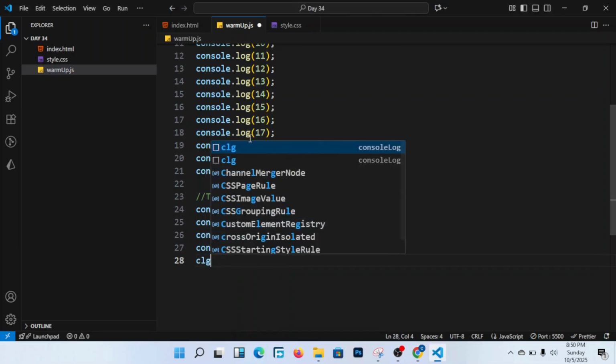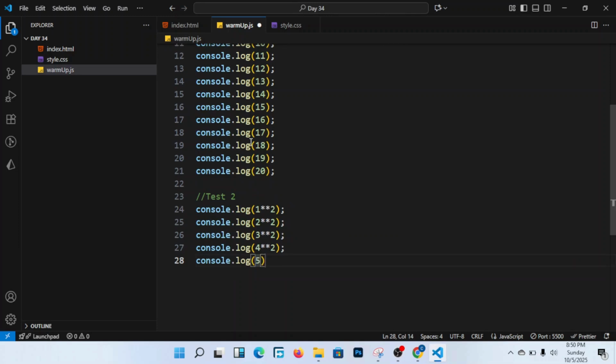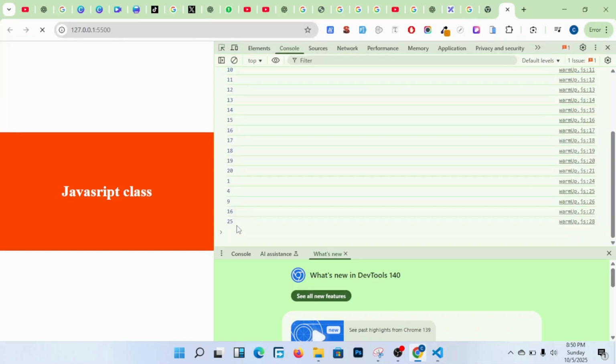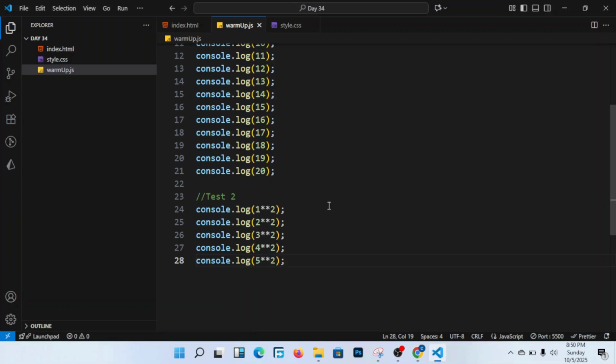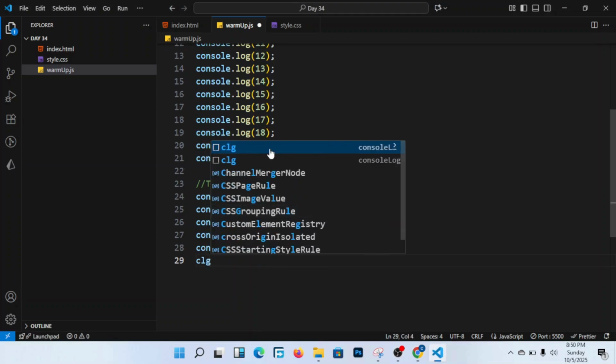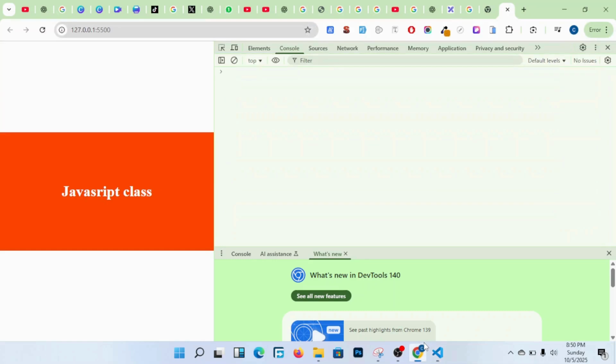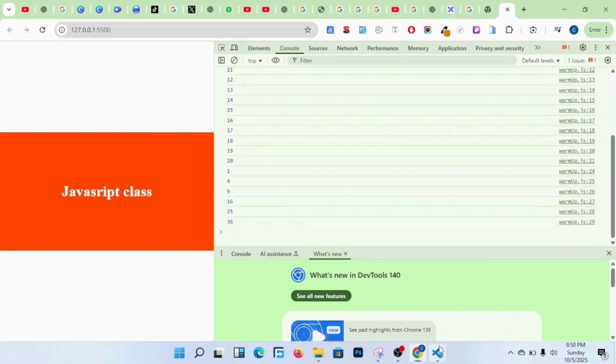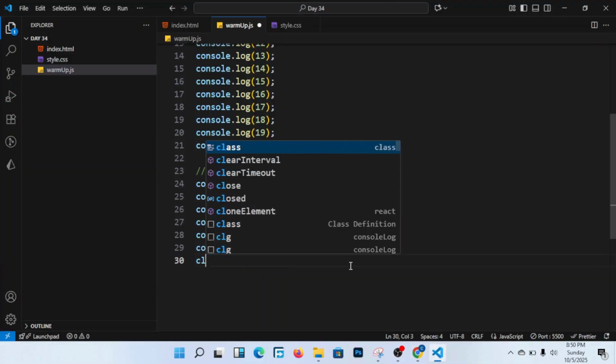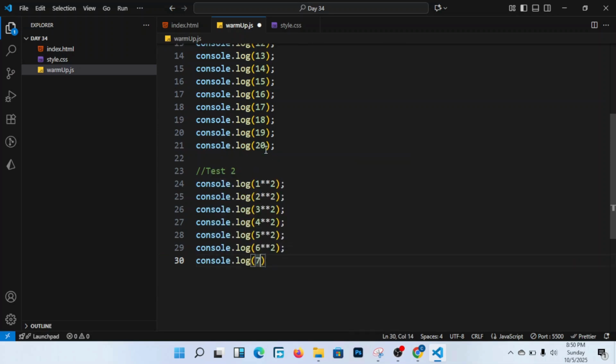console.log 5 squared, giving me 25. You see 25 there. console.log 6 squared, giving me 36. And I come here, console.log 7 squared, giving me